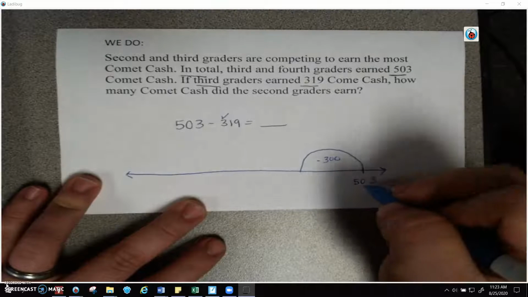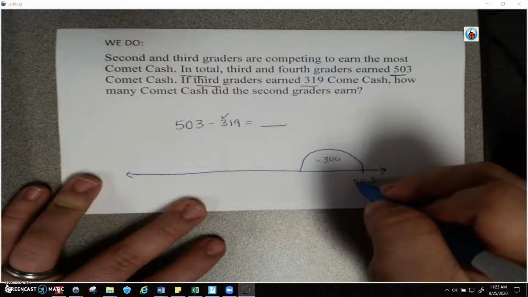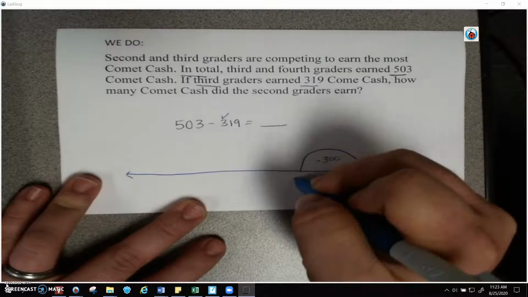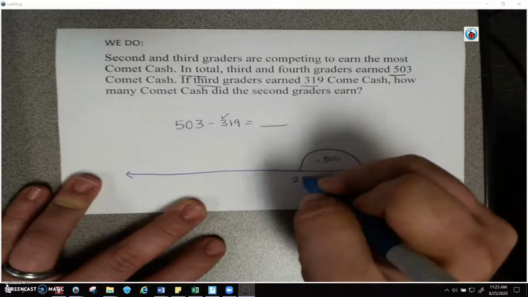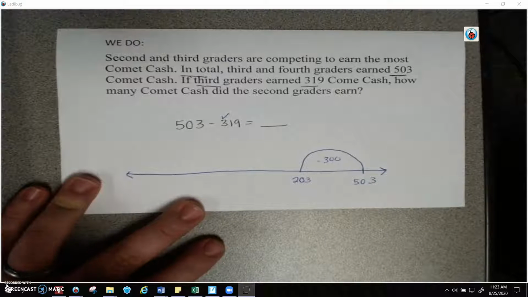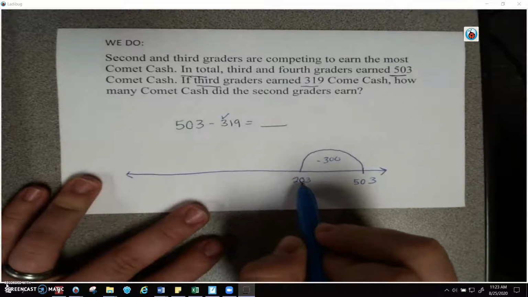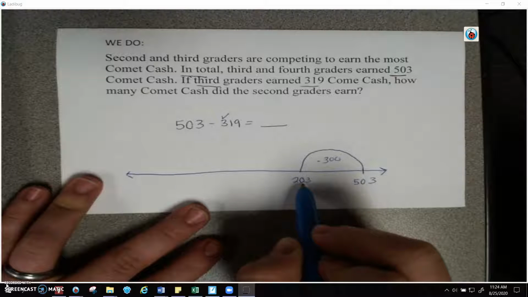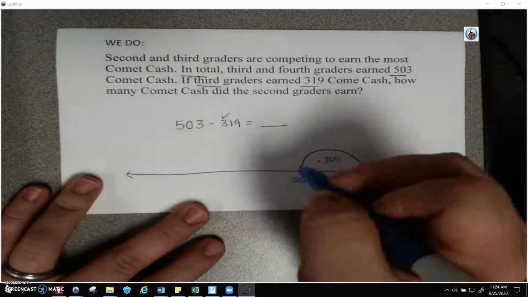503 minus 300. I'm just looking at this hundreds place. 500 minus 300 will be 200. And then I can't forget about my ones there. So 203. So now I've taken away my 300s. Now I need to take away 10. I don't have any 10s there. But think about it. If you're at 203 and you go backwards 10,